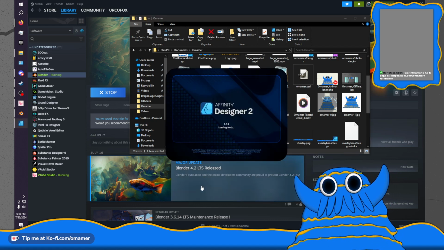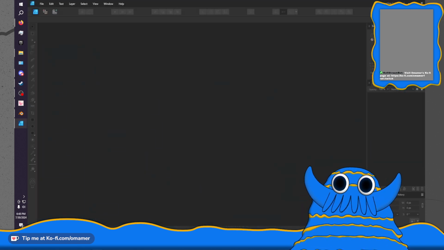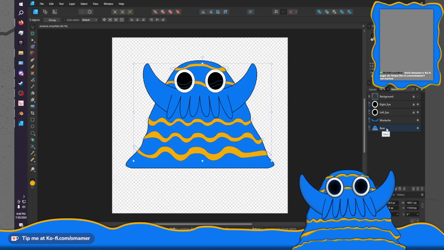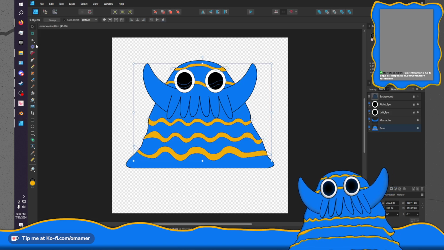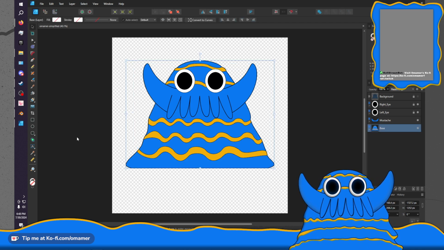I just remembered why I couldn't do it that way before, even though it would have been easier. So okay, we're gonna manipulate our base here.